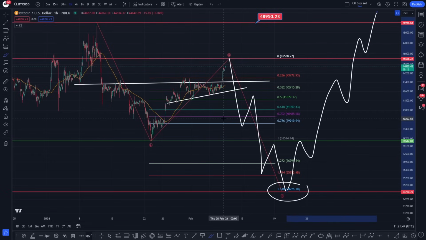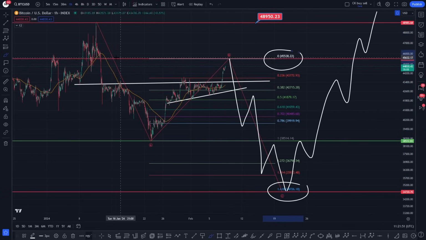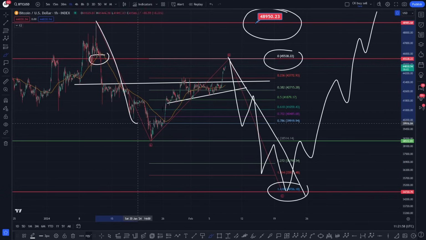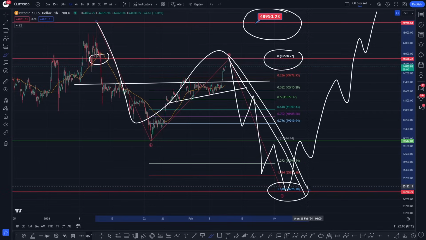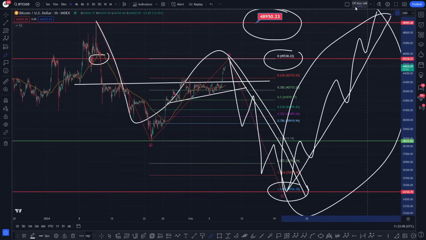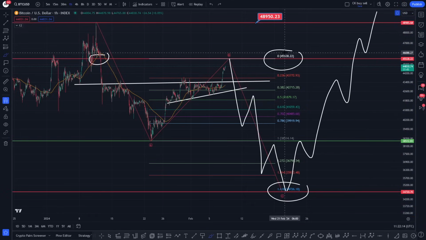So that's like the short-term bearish outlook that I have for Bitcoin. Okay, if we reject at that level there, that God candle, and we fail to take out 48950, I think we could, okay, we've got a big ABC zigzag right there. So that's the bearish outlook that I have, and that would indicate to me that that is a macro wave 4 correction. I've gone through this with you before, and then at this point we start recovery, start to come back up, and then we've got a final fifth wave, okay, tapping the all-time highs for Bitcoin before a possible bear market right there. So that's the short-term bearish scenario.